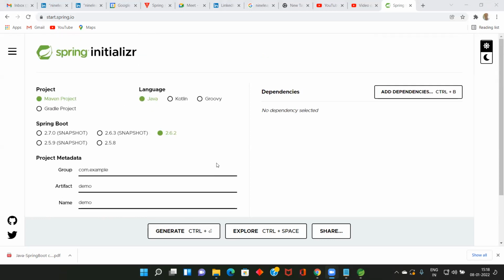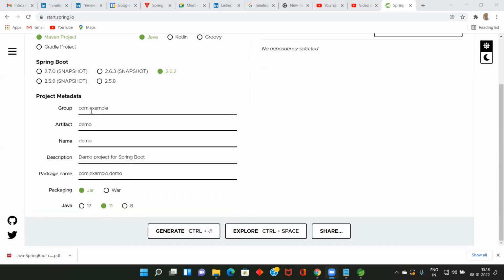So in STS, we created a Maven project, right? In the same way here, we can create a Spring Boot Maven project. Again, it is going to be a Maven project, but we are going to use Spring Boot also. Maven is also a tool, right? What does Maven do? Maven is a build tool. Okay, anyway, you will have an idea. Whatever you give there, you can also give here.